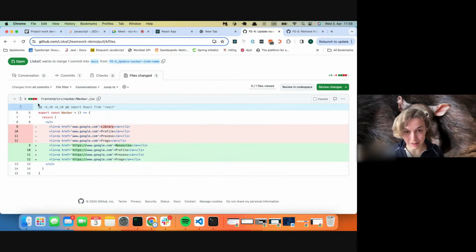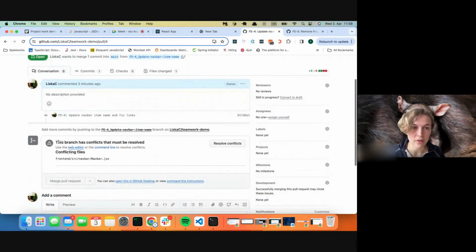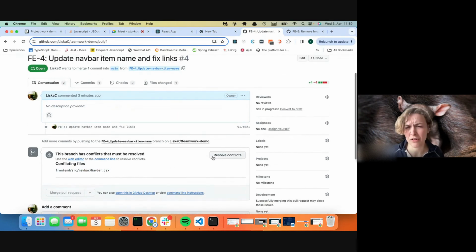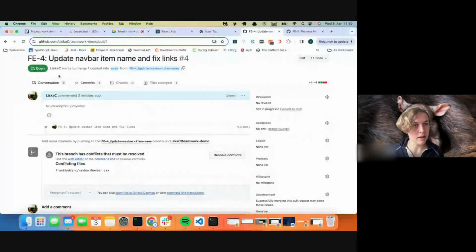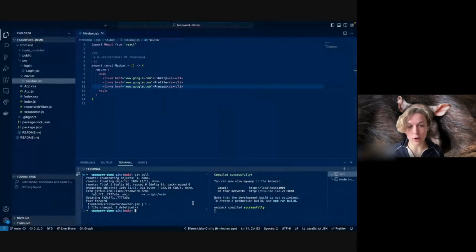I'm going to slow down a little bit here. In the pull request, it'll say this branch has conflicts that must be resolved. It tells you where. We're going to do this in the code editor. Don't do it here, this is painful. Okay, so how do I do it? I switch to this branch. Oh no, wait, I've pulled main. Okay, so main is up to date. So I switch to the branch, git checkout